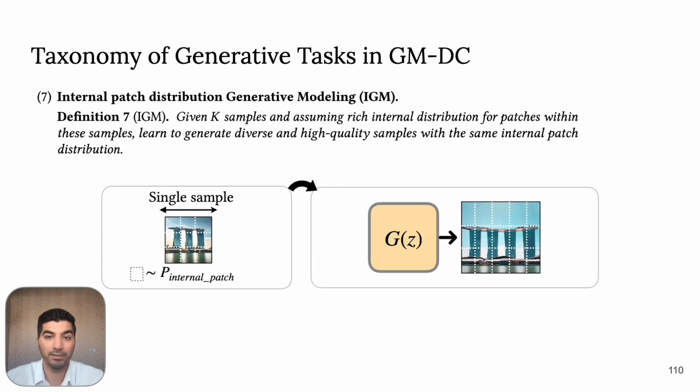Task number 7 is quite a different one. Here we have internal patch distribution generative modeling, or IGM. Usually we are given K samples from the same scene, and we assume there is a rich internal patch distribution within these samples. Here we want to learn the distribution of the patches, not the distribution of the image itself. And after learning the distribution of patches, we want to generate new samples which have the same patch distribution but